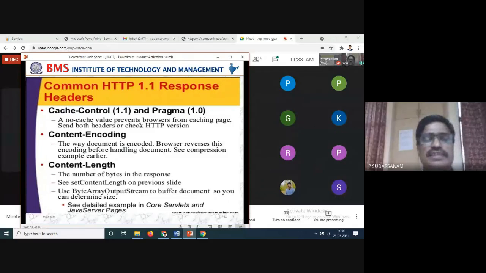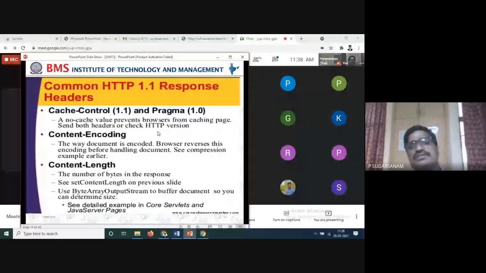A no-cache value prevents browsers from caching the pages. Send both headers or check HTTP versions, so you can see the versions of that one. You have different versions of HTTP and different browsers, like Mozilla here.